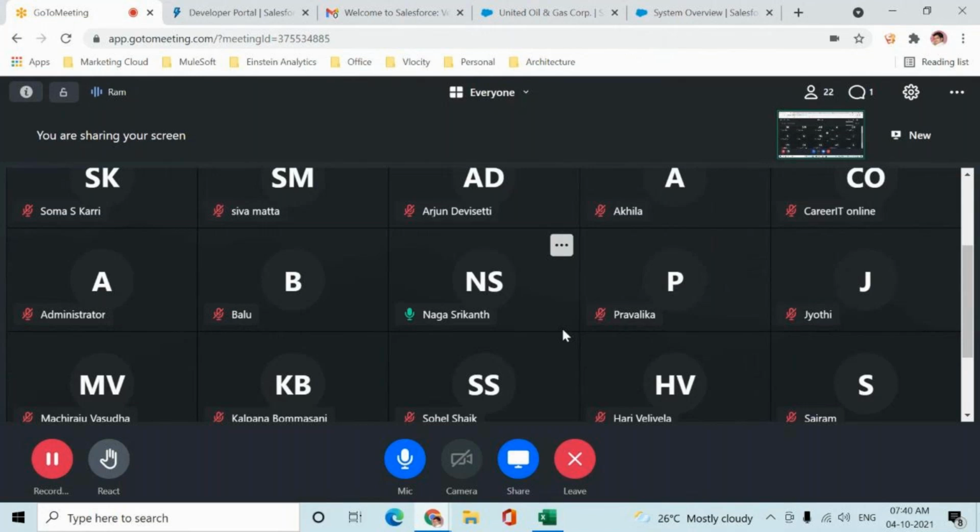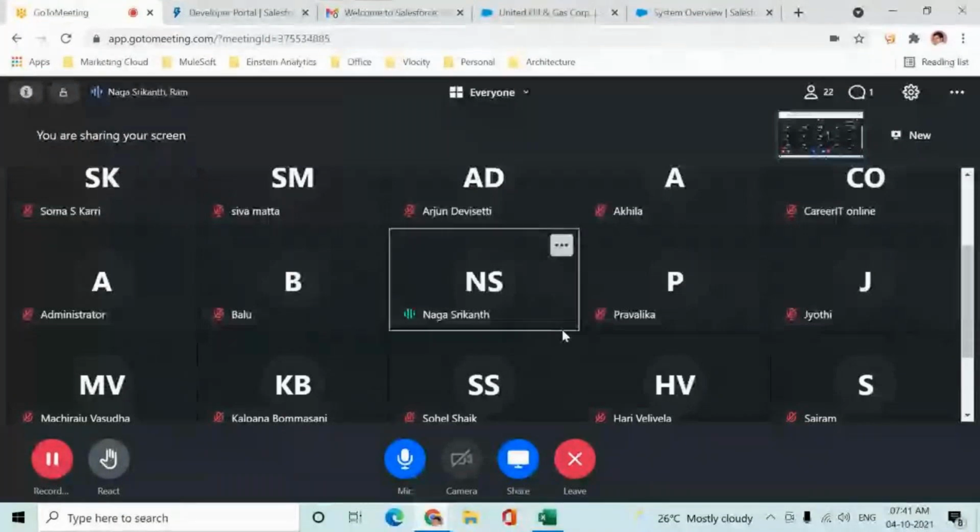After 20 days, we'll be completing the admin. Post that, you might take a 2 to 3 day break, and then you can go with the admin exam. For PD1, take a break of a week or so, because it involves development as well. It's better practice, because certification is not free in Salesforce. You have to pay $200 to the Salesforce website.